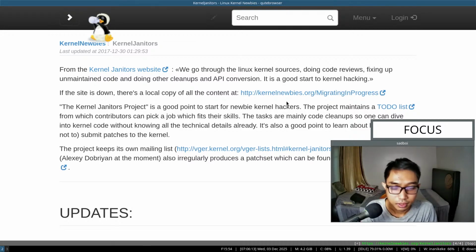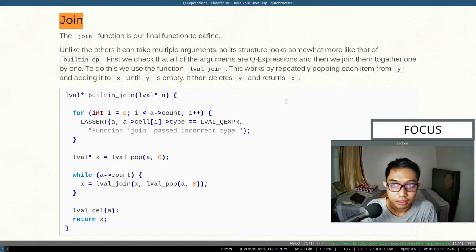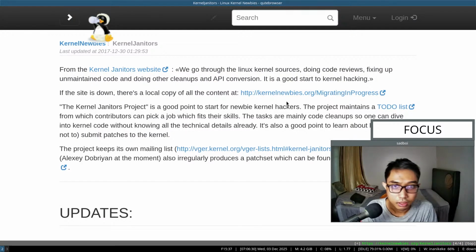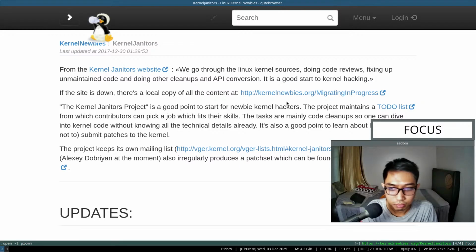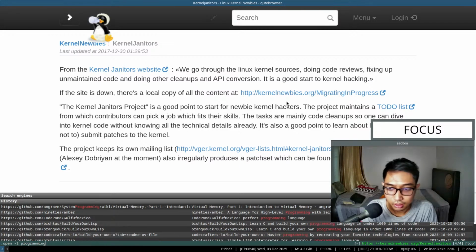So yeah, basically I'm trying to learn about the system programming stuff. And maybe after reading this book,